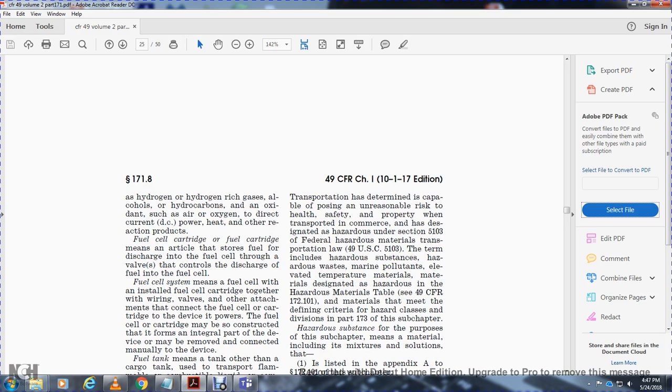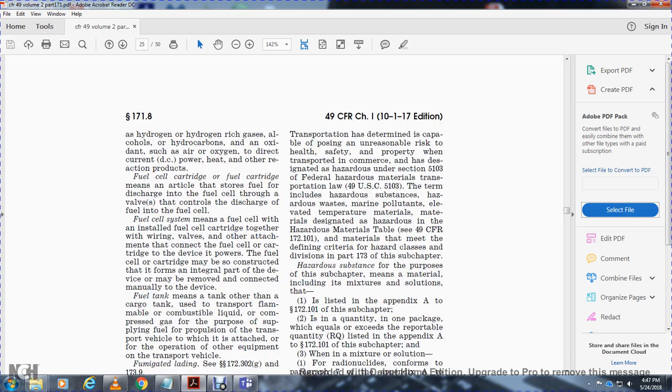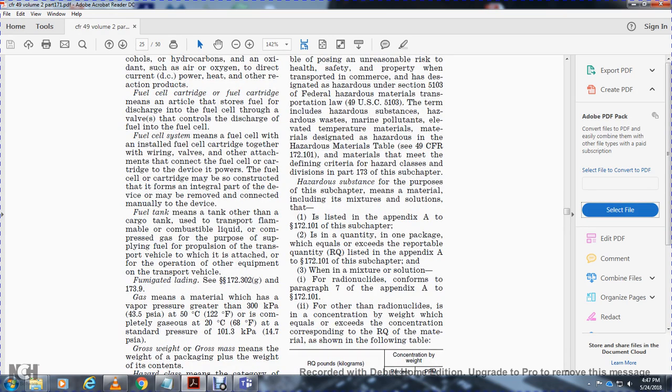Fuel cell system means the fuel cell with the install with the fuel cell cartridge together with the wiring, valve, with the other attachment means to connect the fuel cell with the cartridge with the device to the power. The fuel cell cartridge means that they may be constructed in the form of the integral part of the device, or may be removed and connected with the manual device to the device. Fuel tank means the tank other than the cargo tank used for the transport of flammable combustible liquid with compressed gas for the purpose of supplying the fuel for propulsion of the transportation vehicle to which it is attached, or for the operation other than the equipment of the transportation vehicle,